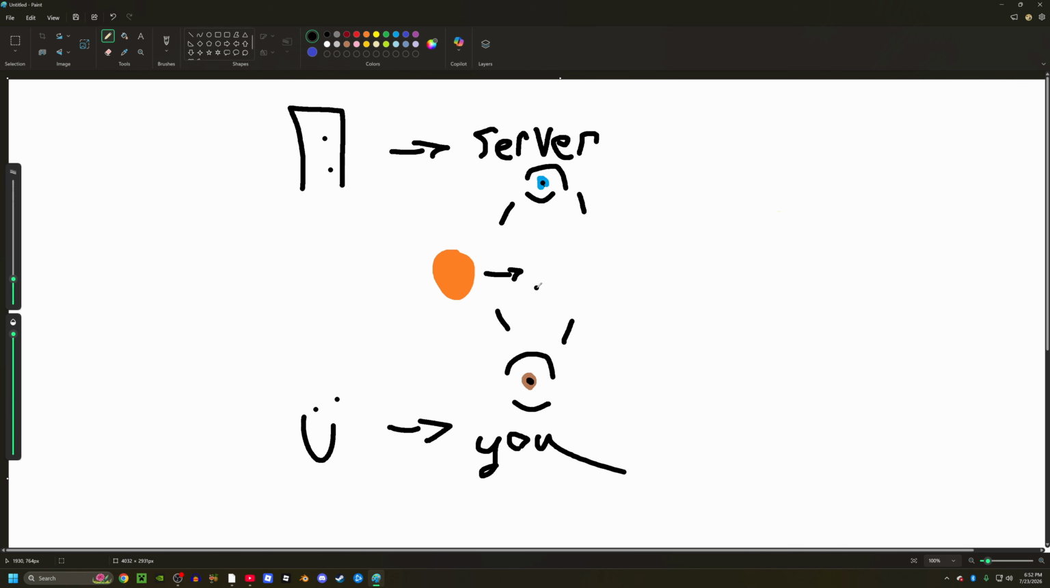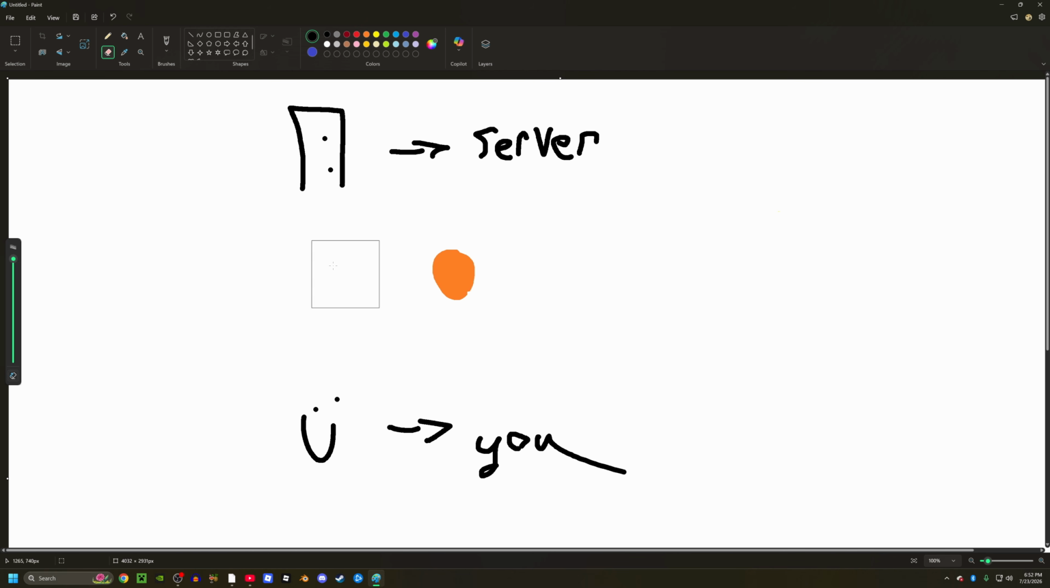Now, what is this special place? Well, usually where you're going to want to put your remote event is replicated storage, right? That is somewhere where both the server and the client can access, okay? So, now that we have a remote event,